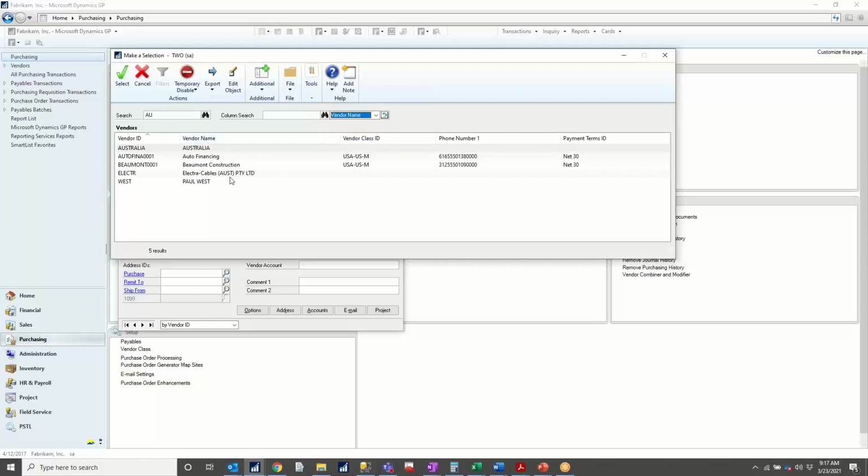In this case, if I choose vendor name, I want to narrow this down and I type in auto, for example, and tab off, it limits me down to just the one that had auto in the vendor name. This is not something that was in SmartFill up until the last release, so it's actually a very new feature,